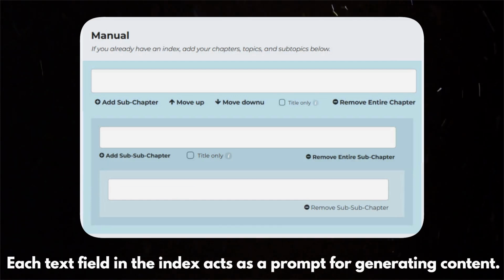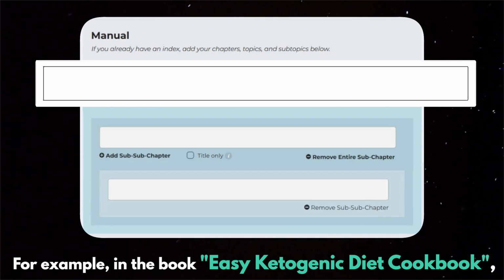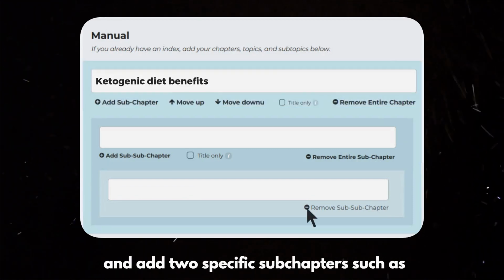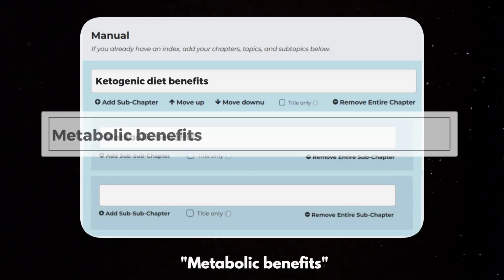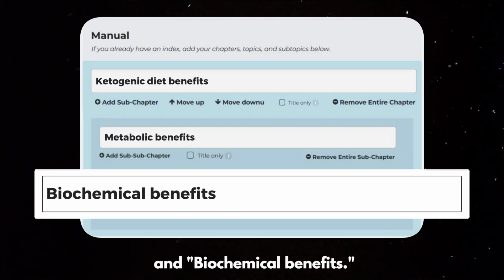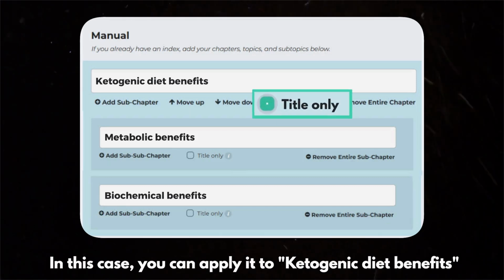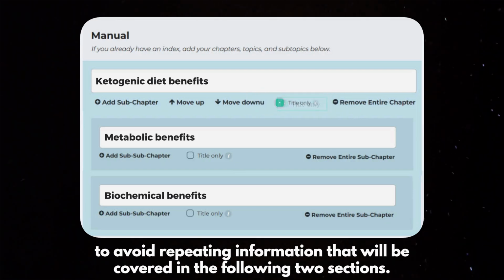Each text field in the index acts as a prompt for generating content. For example, in the book Easy Ketogenic Diet Cookbook, you might start with ketogenic diet benefits and add 2 specific subchapters such as metabolic benefits and biochemical benefits. Each text field of your index will generate text unless you use the title-only option. In this case, you can apply it to ketogenic diet benefits to avoid repeating information that will be covered in